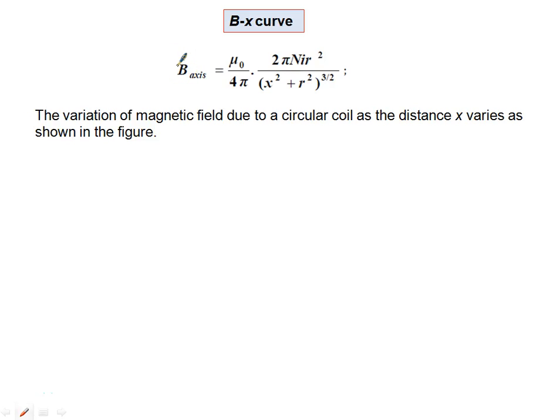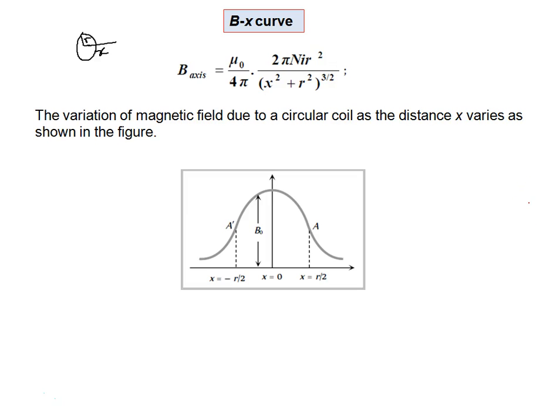So in the last class we have derived this expression, magnetic field on the axis of the current carrying circular coil of radius r at a distance x from the center. We get this expression. Now if it asks you to plot the graph between the magnetic field intensity and distance x, we will get the graph of such pattern. I hope it is clear to all of you.